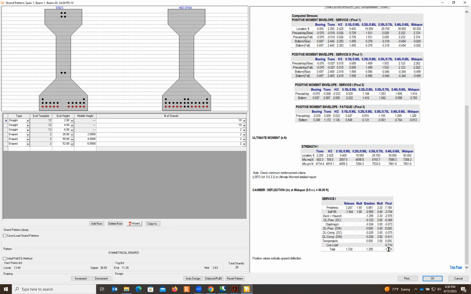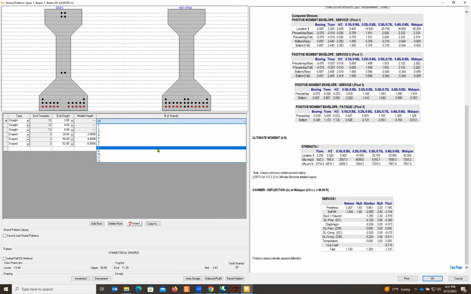Okay, so in order to make the deflection work, we need to add more straight strand. Okay, so to make sure those give you enough camber to accommodate the deflections due to the dead load and live load. And we also need to check whether the strand locations match the girder detail or not. And here we do see 10 straight strands at the bottom layer. So this doesn't meet the requirement. It should change to the maximum number,